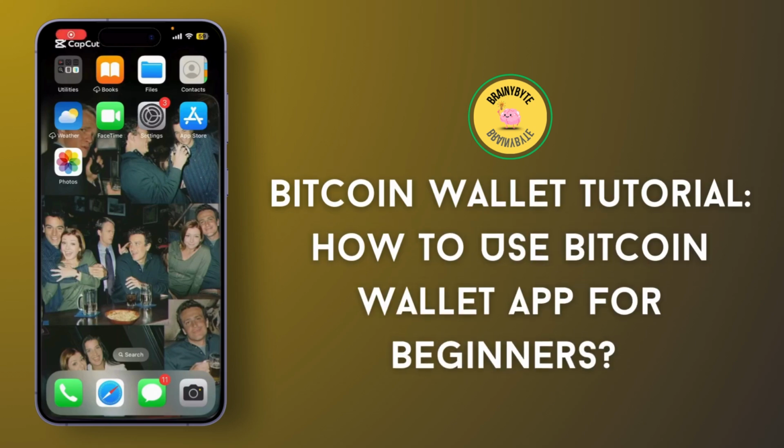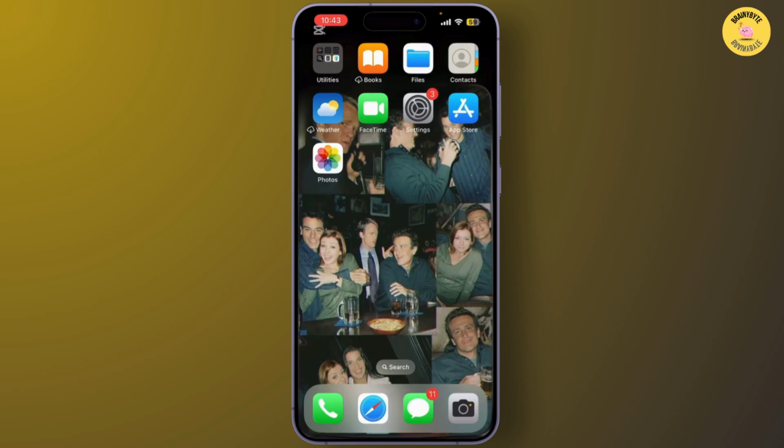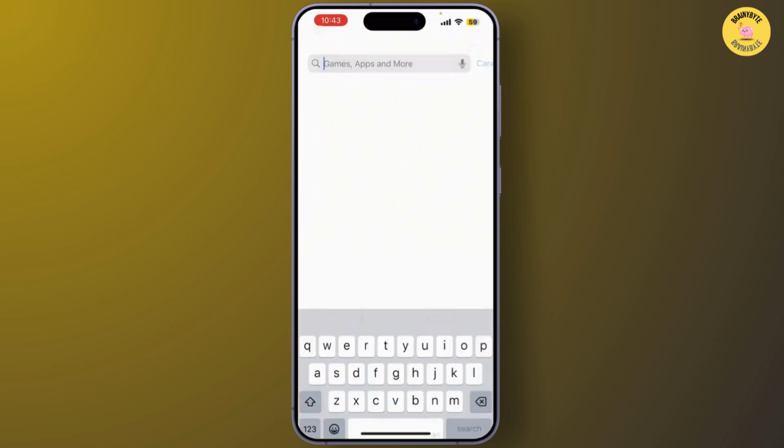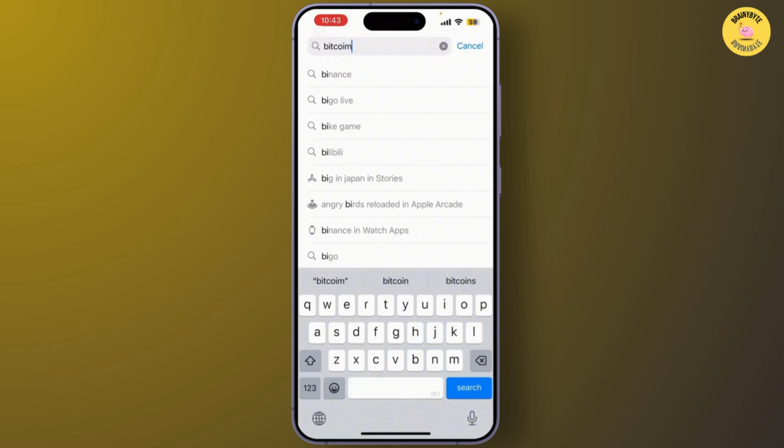Bitcoin Wallet tutorial, how to use a Bitcoin Wallet app for beginners. In today's tutorial, we're going to dive into how to use a Bitcoin Wallet app, especially for beginners. Whether you're looking to store, send, or receive Bitcoin, I'll walk you through everything you need to know to get